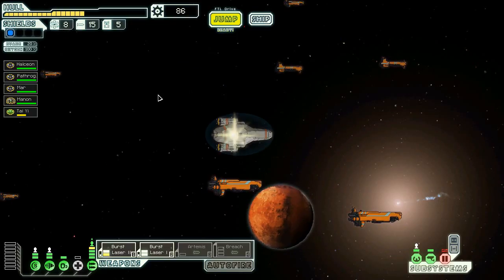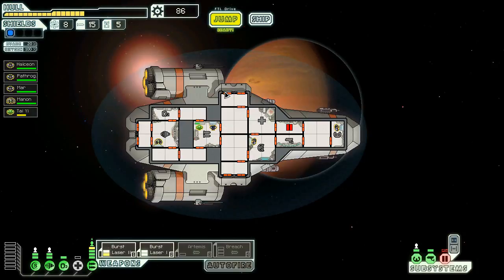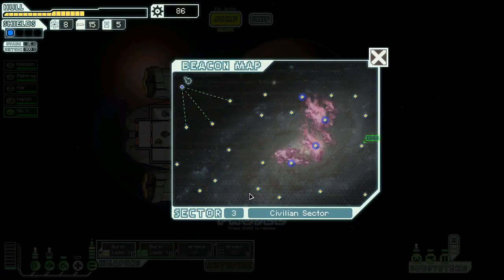So let's go to the civilian sector. And let's actually heal you. And then get you to repair this. You both repair it. It'll take a bit less time. Like so. I don't use the doors all that much, but it's still worthwhile to keep all your subsystems in